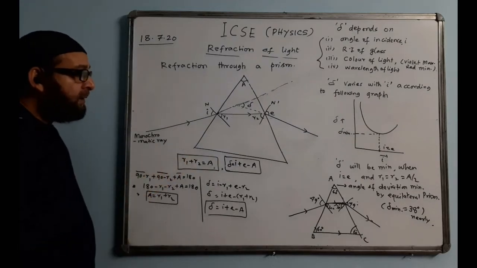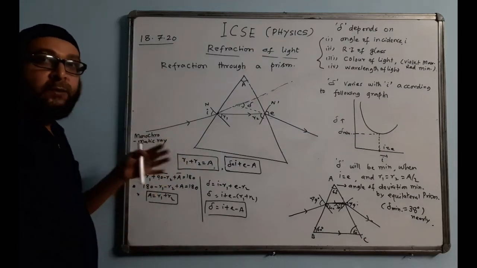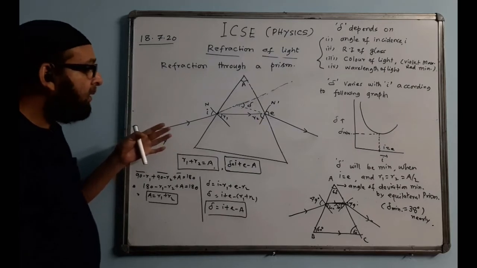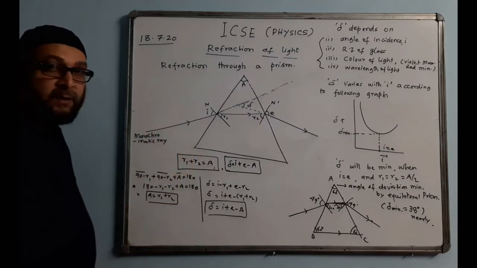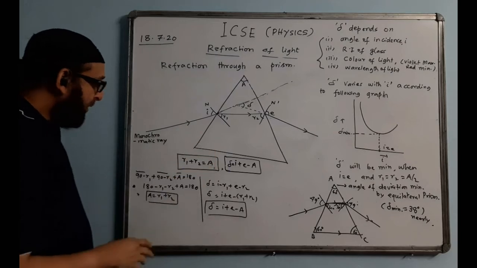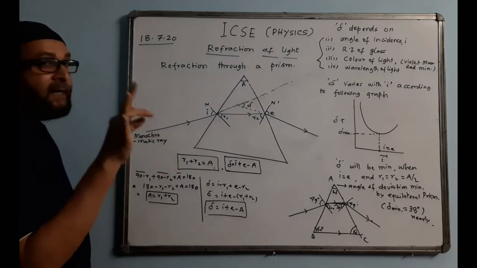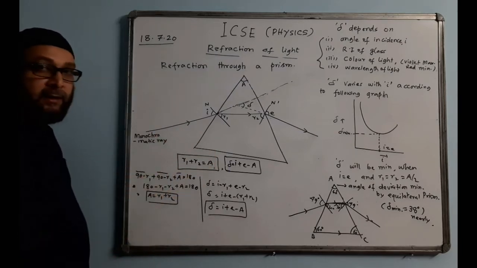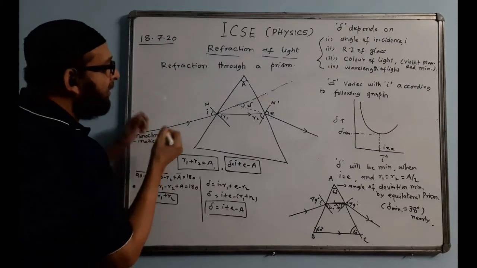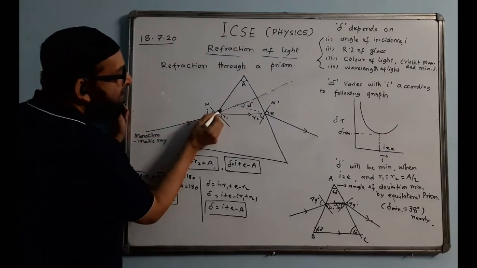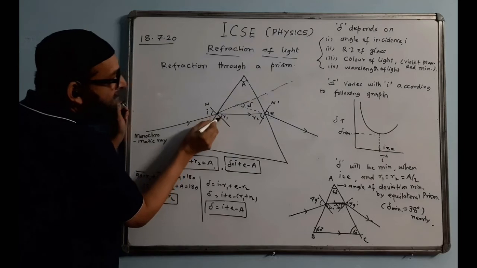Now how to prove it? Though proving is only optional, and it is not in the syllabus, it is better you understand why this happens. We'll take the three angles of a triangle and write them equal to 180 degrees. First angle you can see out here. I am not showing the diagram, but this angle you see. The total angle is 90.